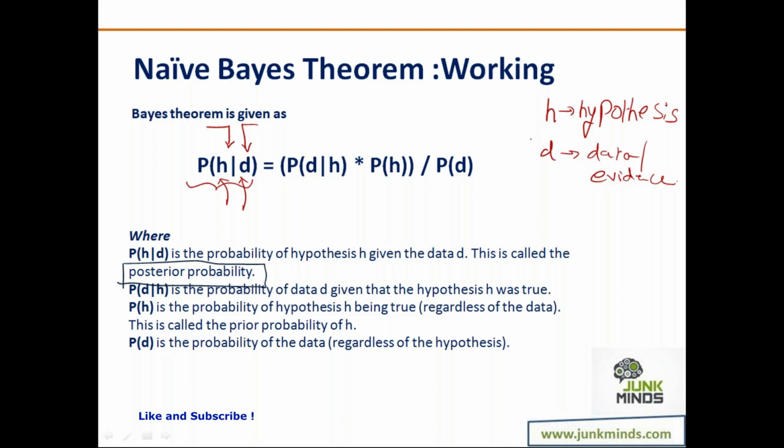So suppose my hypothesis is that it is going to rain today, right? And say my data is that it is overcast, it has been raining for the last 3 days, maybe it is almost dark, and there is a warning from, say, the department which predicts the rains. If I give you all these evidences, you will say yes, then it might rain. So the probability would be as high as, say, 0.9. It is still possible, 0.1, that it may not rain.